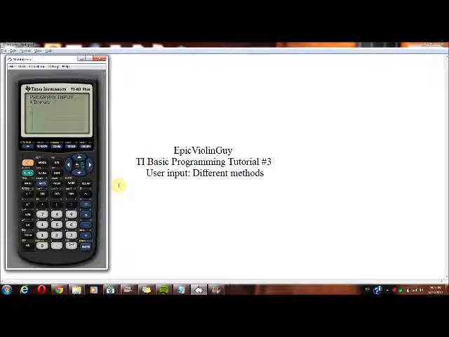Now what both of these options do, and what both input and prompt do, is it makes it so that when you run your program and it reads this line in the program, you can input information and then press enter on your calculator, and it will take that information and store it in whatever variable you've chosen and then use it later in the program. It's just a way to make your programs more user-friendly, to make it more interactive and individualized. I'm not sure if that made any sense or not, but